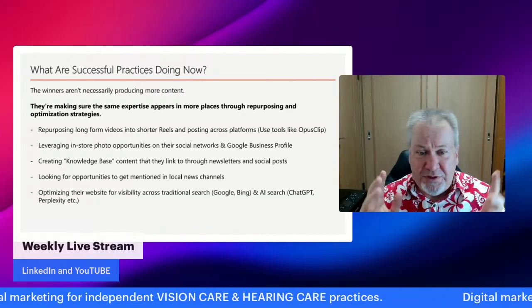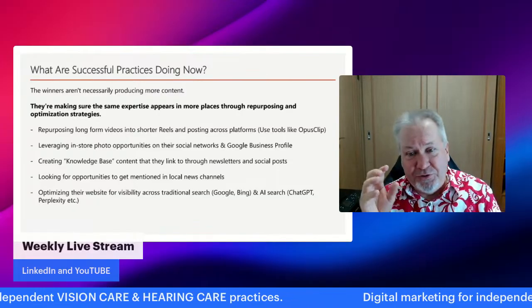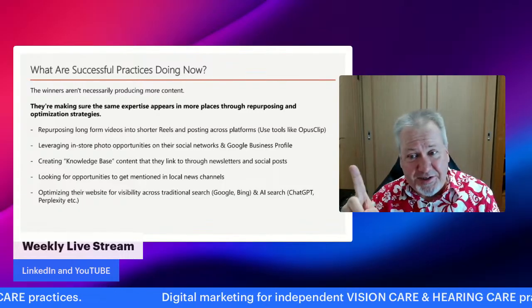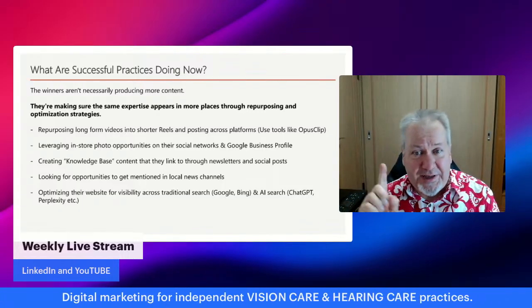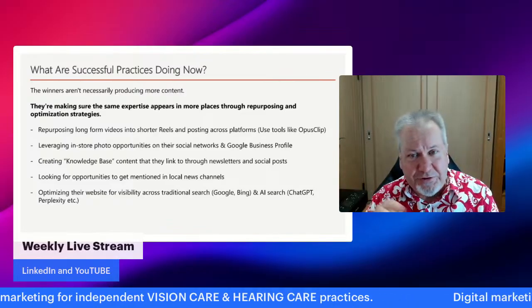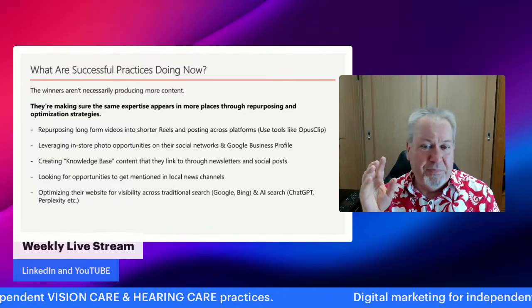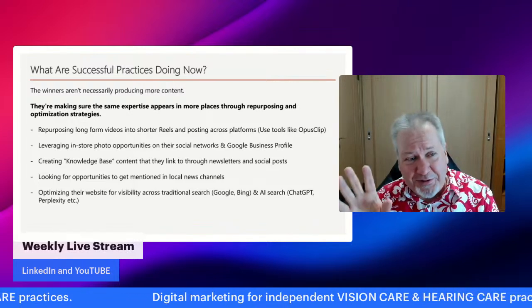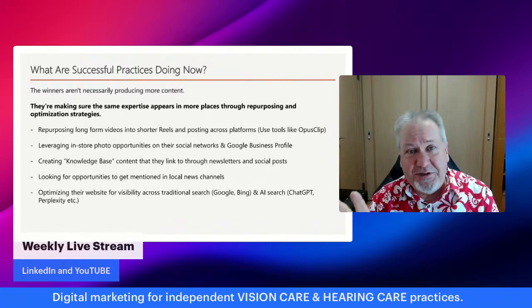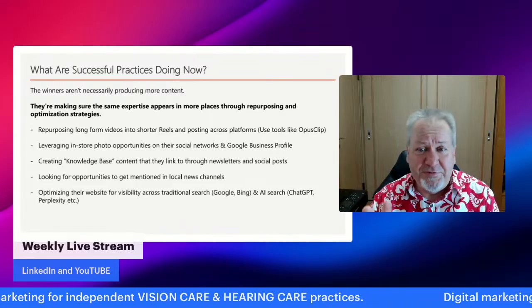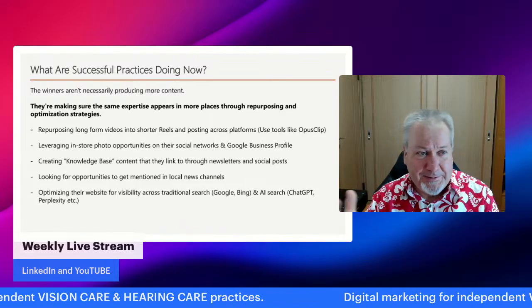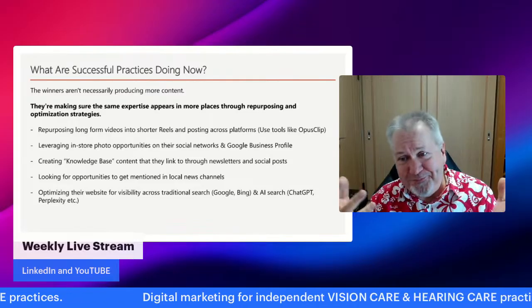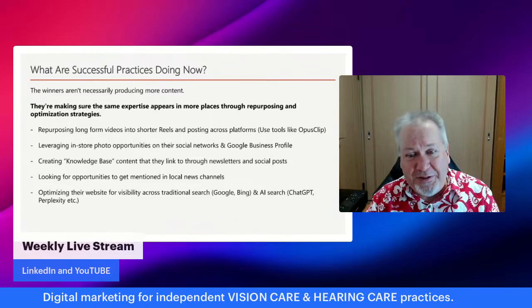All of these photos can be uploaded to Google Business Profile. It's a signal to Google that your business is active and trustworthy. They're more likely to recommend you. You should be uploading these to social networks. I can tell you for a fact that people love these kind of behind the scenes photos, especially, right? So, somebody in your practice is celebrating a birthday, take a photo. People will eat that stuff up.